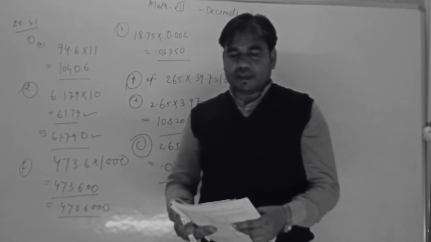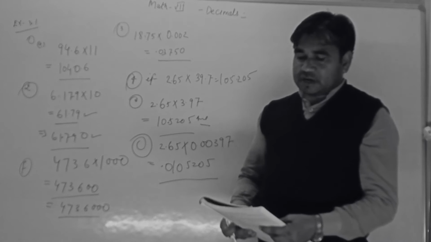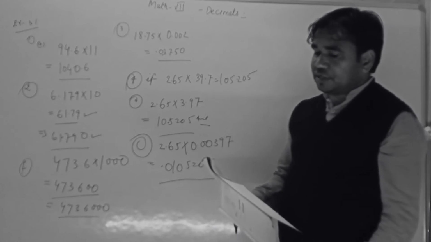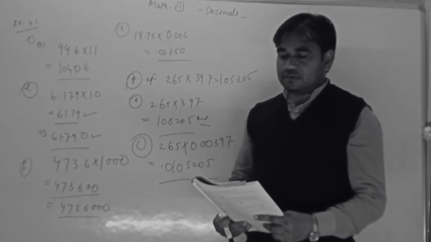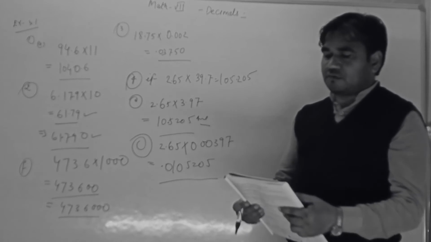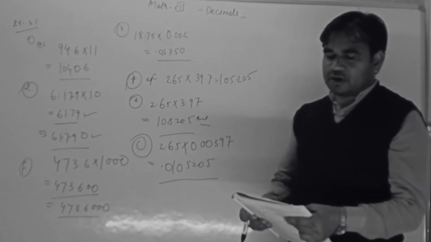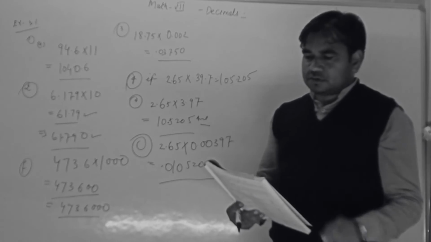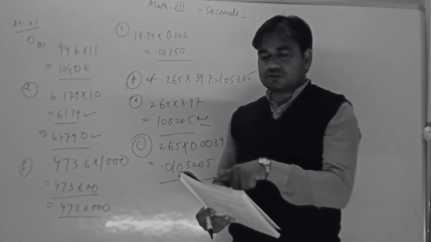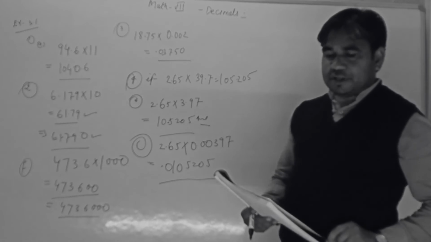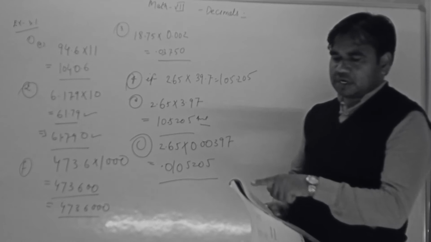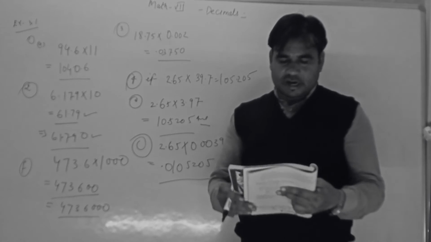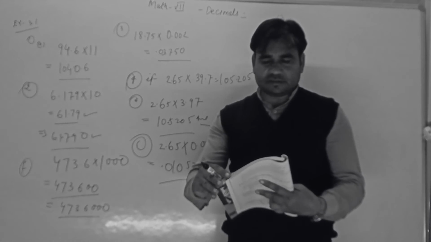And in the same way, evaluate question number 5, the cost, and the 6th question: the cost of 1 meter of cloth is 150.50. What is the cost of 4.5 meters of cloth? So here you have to make a multiplication. In the same way you have to do the multiplication. So this is the situation you can do yourself in the exercise.